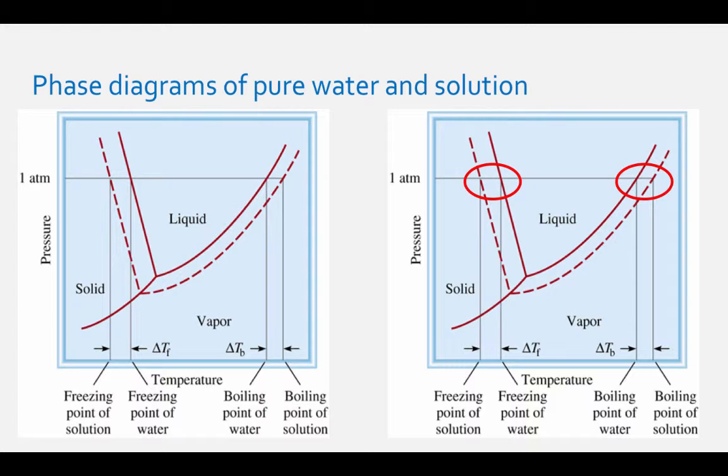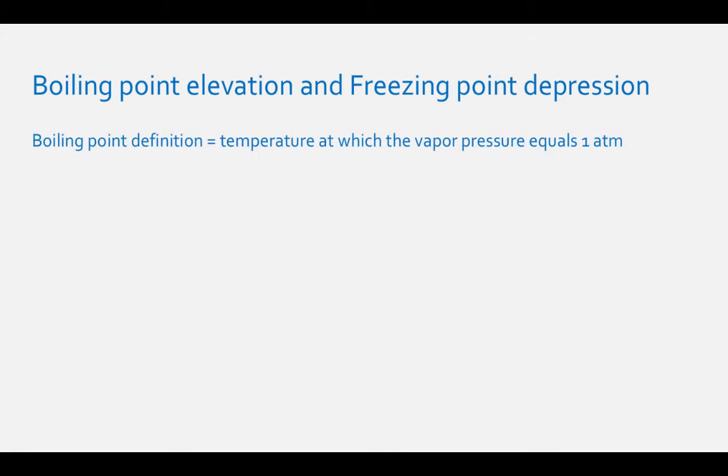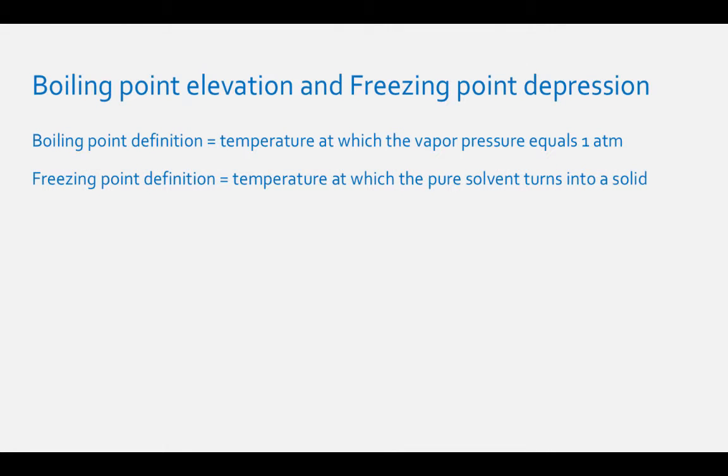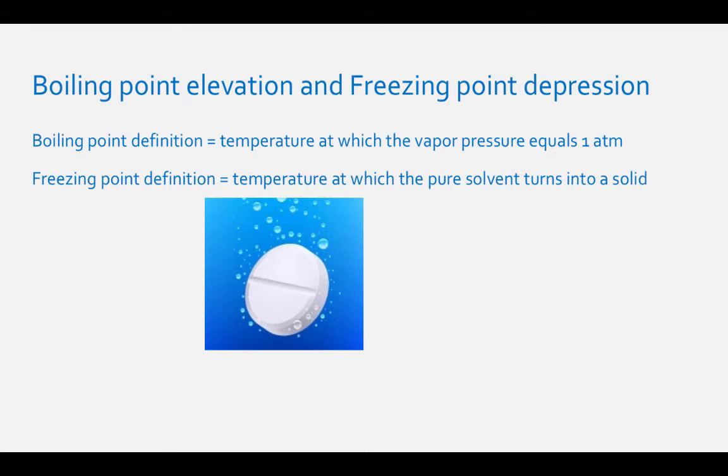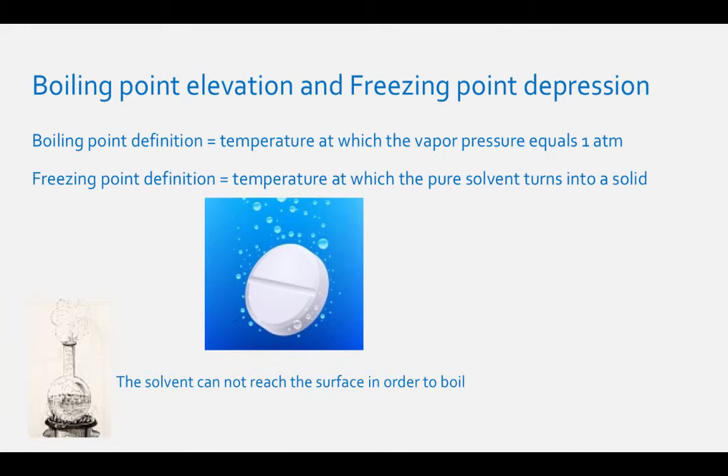The definition of boiling point is the temperature at which vapor pressure equals 1 atmosphere. The freezing point of a solution happens when the pure solvent turns into a solid. When you add solute particles to a solvent, the solute particles get in the way of the solvent. In the case of boiling point, when the solute particles are dissolved in the solvent, solvent particles cannot reach the surface in